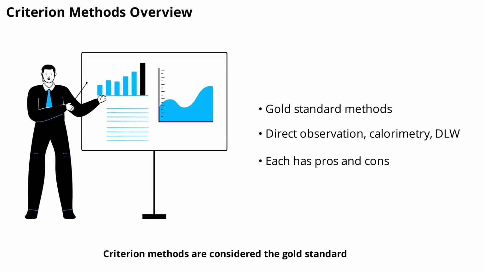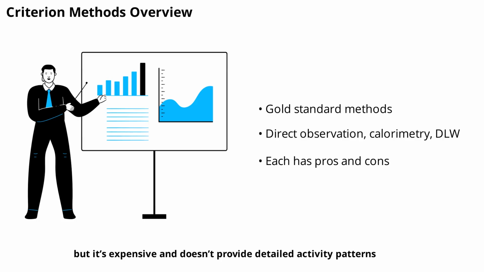Criterion methods are considered the gold standard for assessing physical activity and sedentary behavior. These include direct behavioral observation, calorimetry, and the doubly labeled water (DLW) method. Each has its strengths and limitations. For example, direct observation provides rich contextual data but is time-consuming and intrusive. Calorimetry offers precise energy expenditure measurements but requires confinement to a chamber. The DLW method is highly accurate for measuring total energy expenditure in free-living settings, but it's expensive and doesn't provide